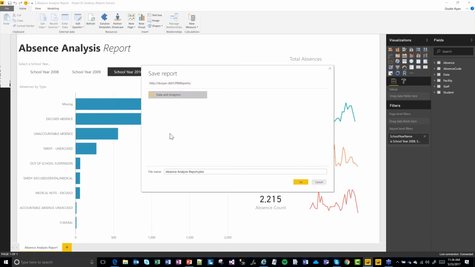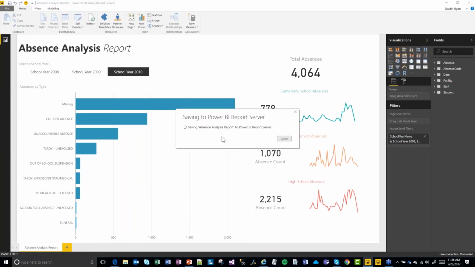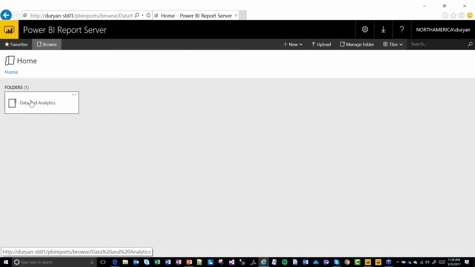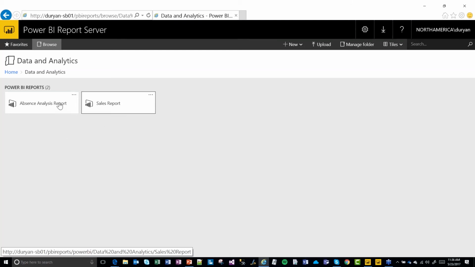And you'll see all of the different folders that exist on your Power BI Report Server. In this particular case, I just have the one, but I'm going to deploy this here into this folder and then click OK. I've already deployed it, so it's just going to ask me to overwrite that. It does a deploy that looks very similar to when you publish Power BI content into the Power BI service, but it looks like we're done. So I'm going to come back here to my browser. Let's go back into the folder here. And you see here that I've got a couple of Power BI reports.